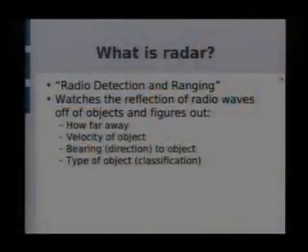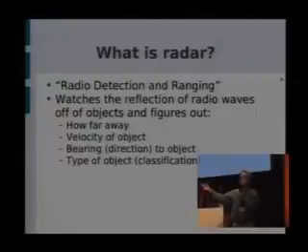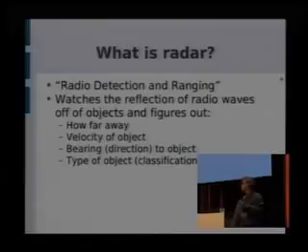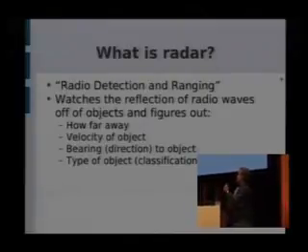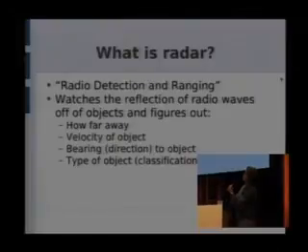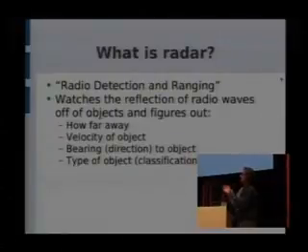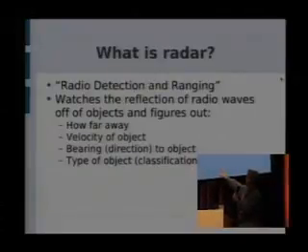Bearing, the direction of the object. If you think about typical airport surveillance radar, they have a thing that spins around. So they get the bearing by mechanically knowing, well, I had my antenna pointed over that way. And then some of the bleeding edge stuff that is very popular in certain areas is the idea that I should be able to tell actually what kind of an object it is. And they can do things like this. There's some really fancy stuff they're doing in the money-is-no-object department here. They